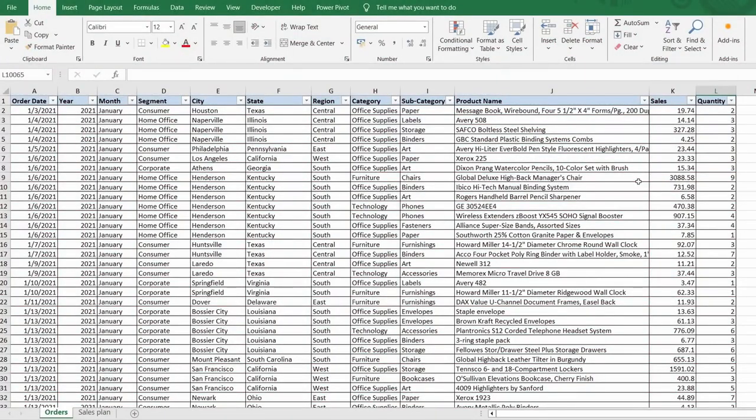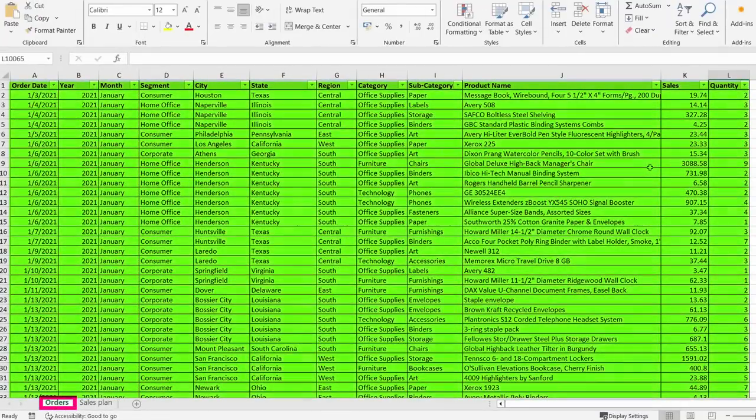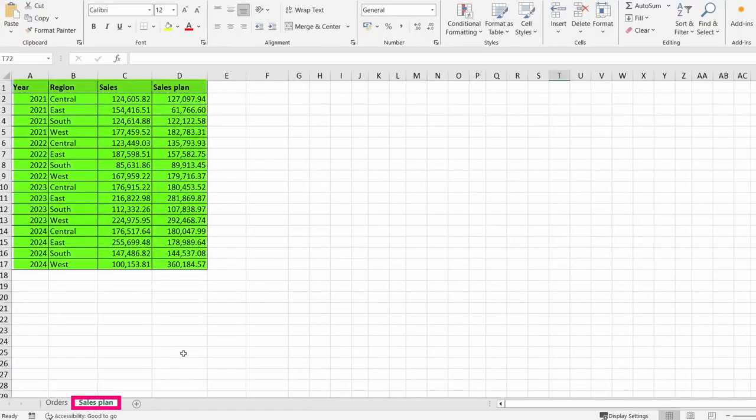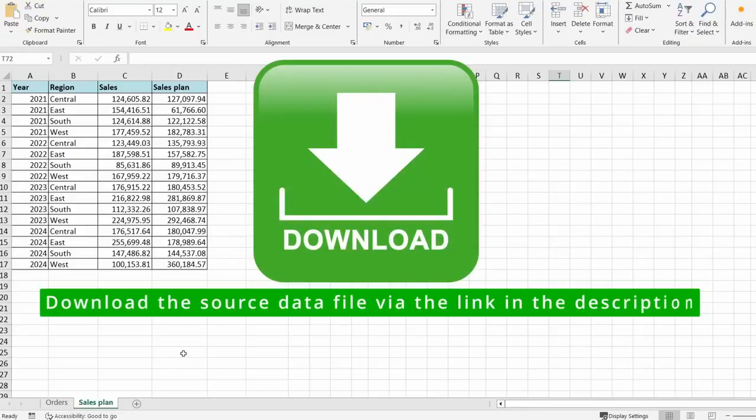So, let's get started. Currently, my working document consists of two sheets. The first sheet contains the large table I just showed you, and the second sheet contains a small table, the data from which will also be used in creating the dashboard. Yes, I will teach you how to filter two completely different tables at the same time, but you will learn about that a little later. For now, I would like to show you how to properly prepare the foundation for a dashboard. By the way, you can download the Excel document with the source data from the link in the description and